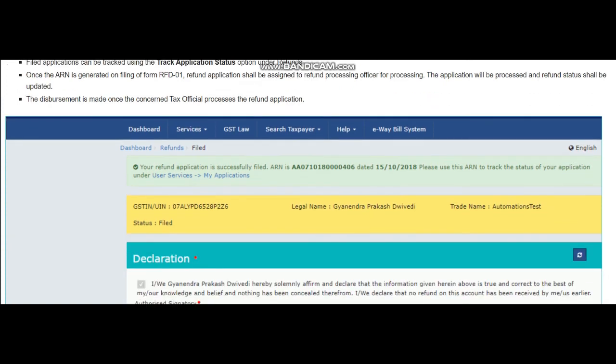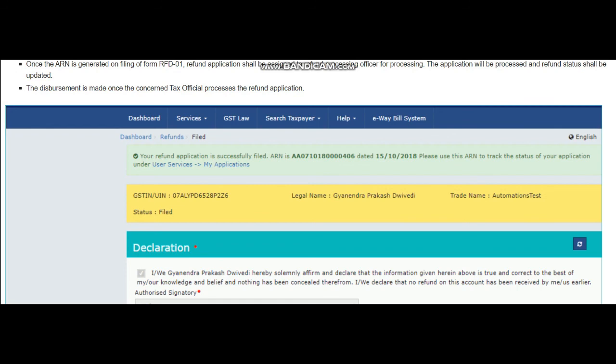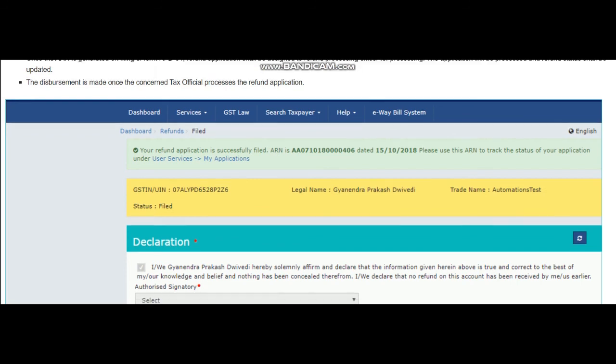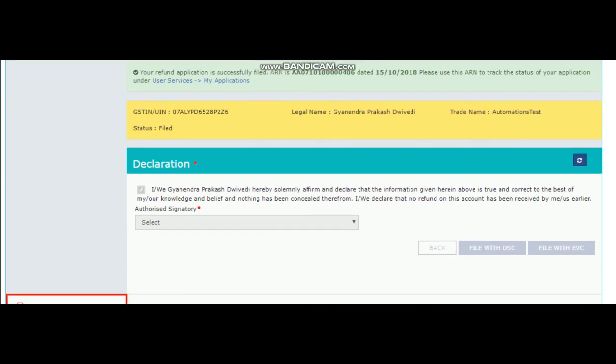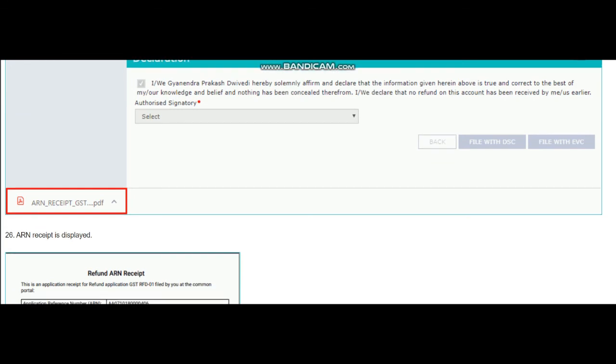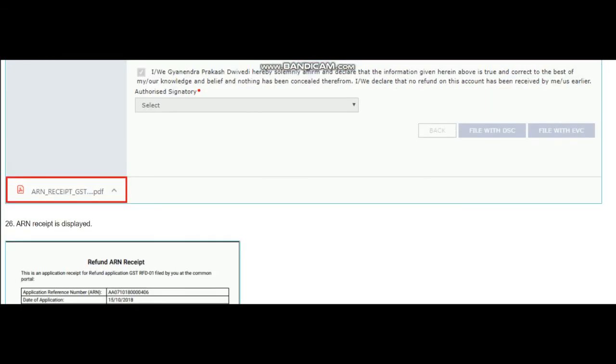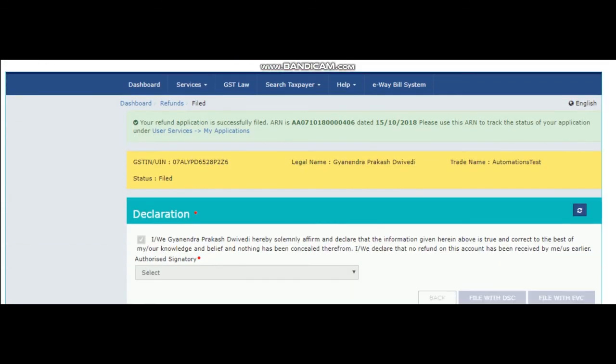Once it is submitted, you will get the ARN reference number for the refund which you have filed, and then you can track your refund application on the basis of this ARN. And then once RFD 6 is issued against this order, the disputed amount you will get